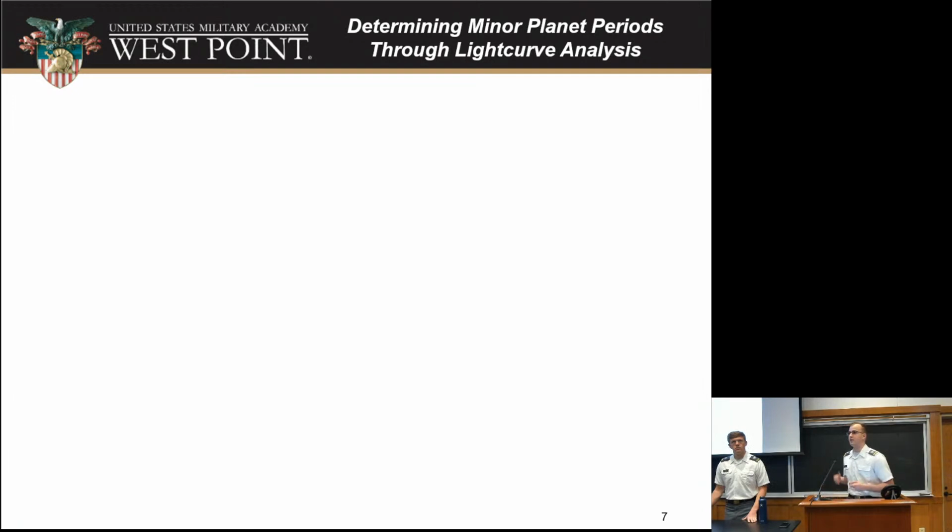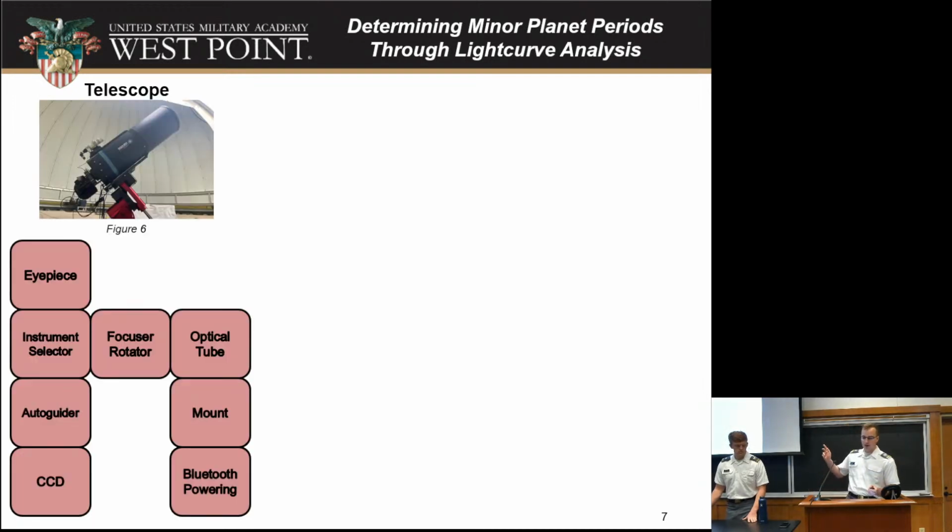So I'm just going to go through the systems that we have inside the West Point Observatory, 5th floor Bartlett. First one, most obvious one, is the telescope itself. You can see the main optical tube at the top. Mounted to that below it is the mount, which actually slews the telescope and allows us to point it at wherever we want. At the rear of the telescope, we have a bunch of supporting equipment that allows us to focus and rotate the imagers, which compose of the auto-guiding imager and charge coupling device CCD imager, which is what's